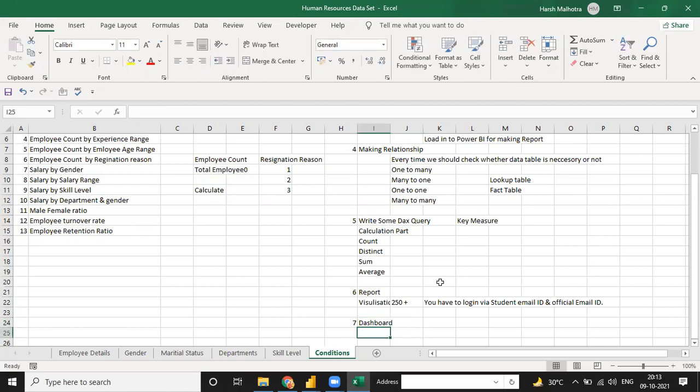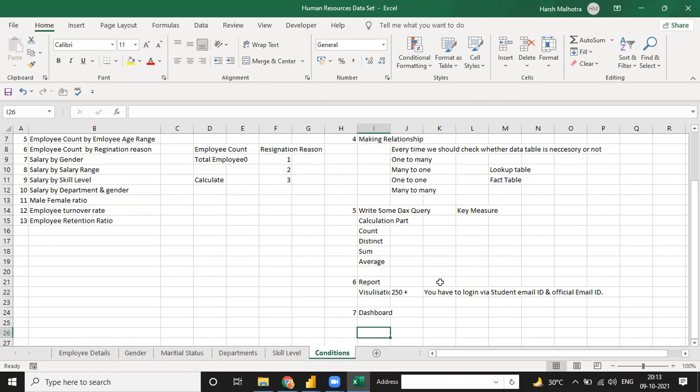After that we make a complete dashboard from different parts of the report. In the dashboard we maintain a summary of the report, because in the report we have different sheets like count sheet, salary sheet, HR count. Some of that is the analyzing part, but for the reporting part, the dashboard is maintained with key report parts. Like if we want only the total employee, we don't want total female or total male, then we just put the total employee into our dashboard.